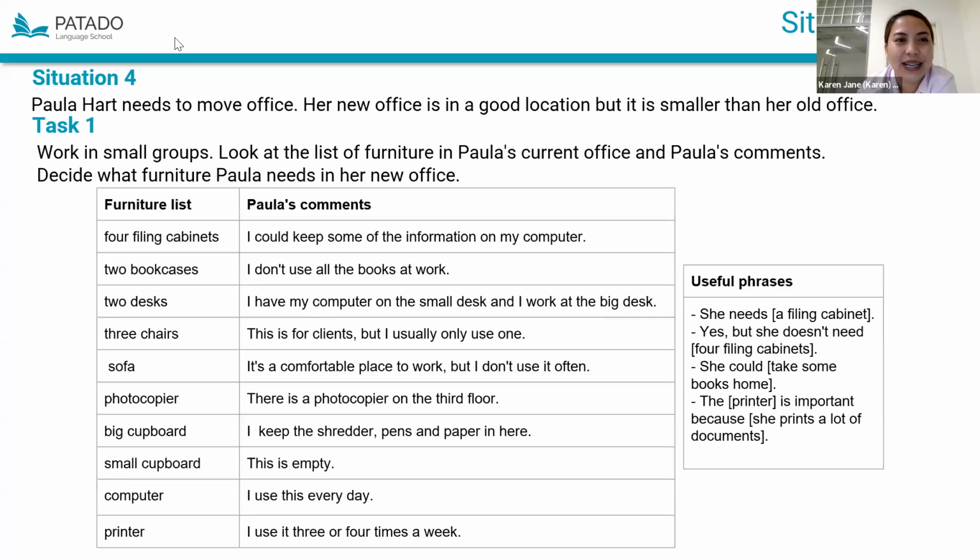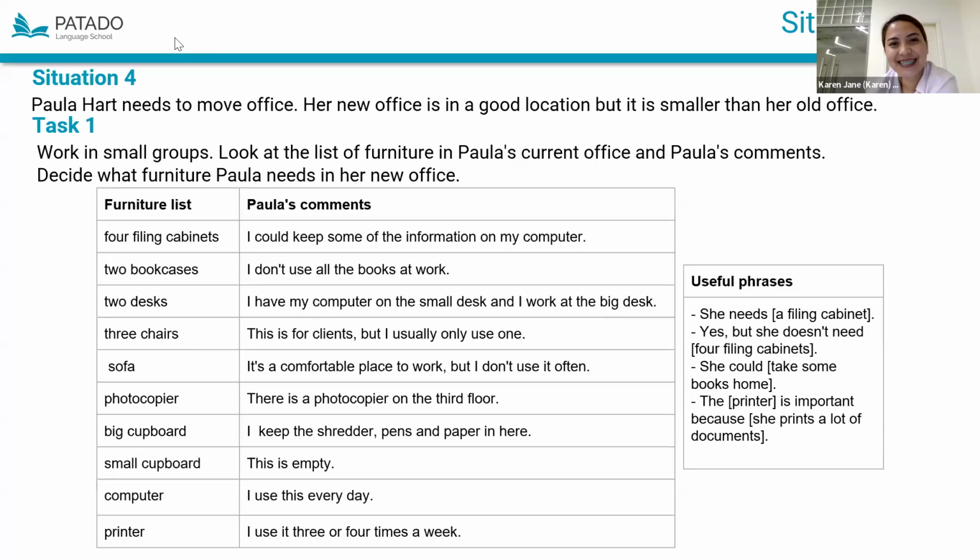So you may bring 1 or 2 of the filing cabinets. Yes, because instead of using filing cabinets, she can store her information on the computer, so she doesn't need it. So maybe Paula can bring 1 or 2 filing cabinets.